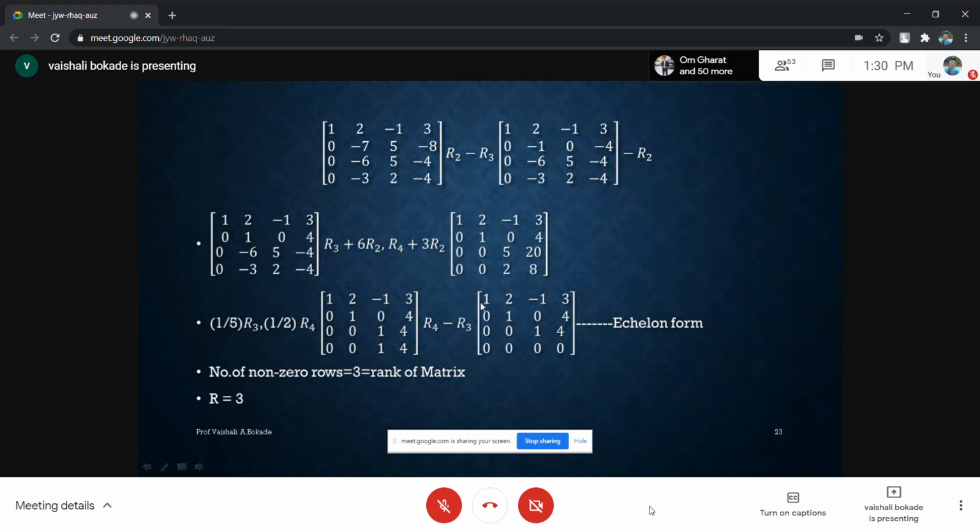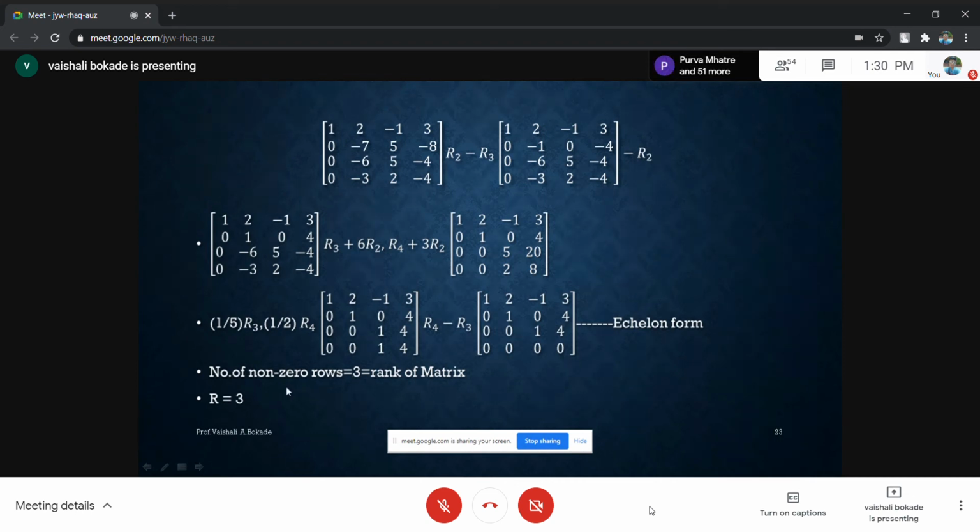And observe that I am having diagonal entries as 1, 1, 1 and 0. Below that, the non-diagonal entries are 0. So now I'm getting this matrix in echelon form, and in this echelon form of the matrix, how many non-zero rows are here? We have first, second, third, 3 rows that are non-zero rows. So the rank of this matrix is 3 here.